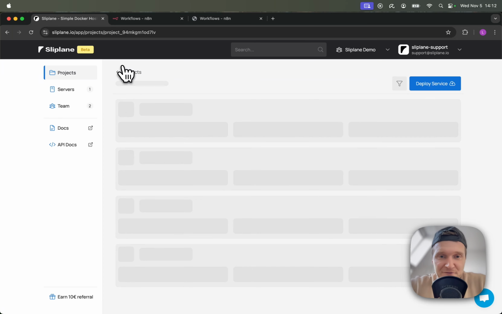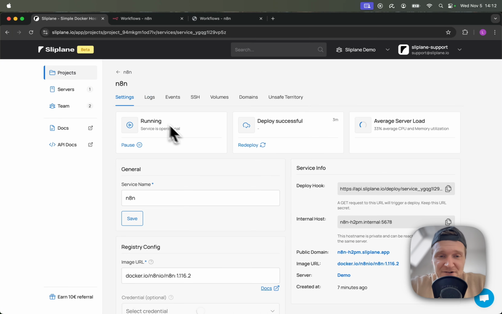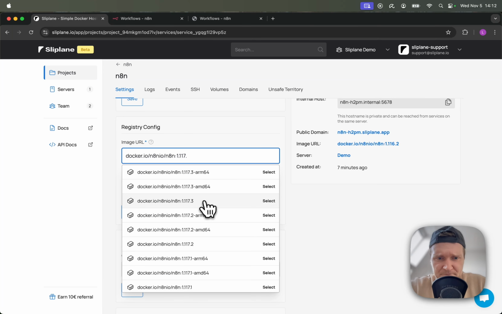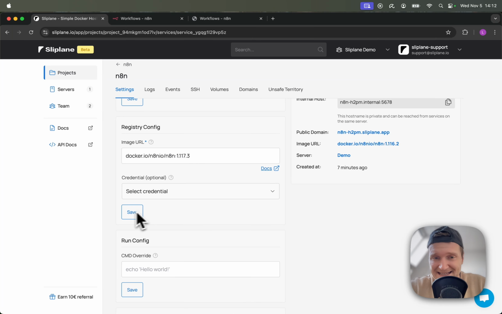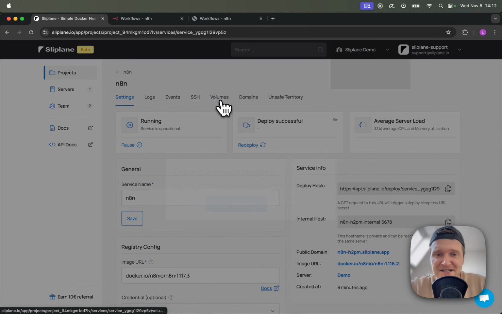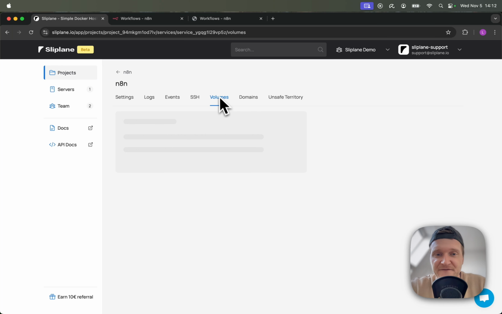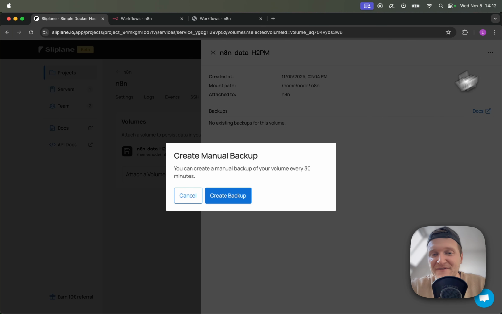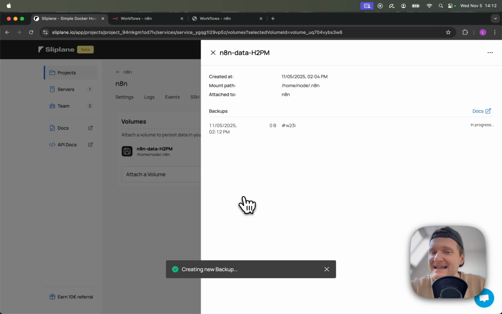And before we do this, jump right here in our original application, I can just go to 1.117.3 or something, and if I click on save, I will deploy the new version. But one thing that makes a ton of sense is to go to volumes first, then select the volume, and then we will create a backup of our volume first, because as I mentioned, we never know if we will